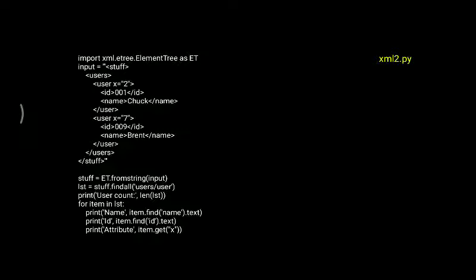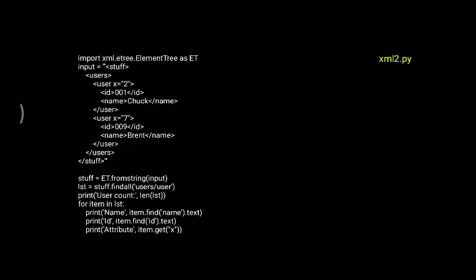So here under the users tag, two different users' information is written, and we have to extract that information one by one. So how do we do that? You can see it is a very similar manner. stuff equal to ET dot fromstring of input, lst equal to stuff dot findall of users slash user.